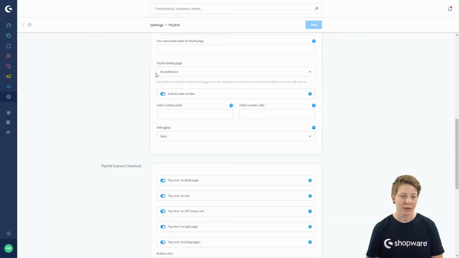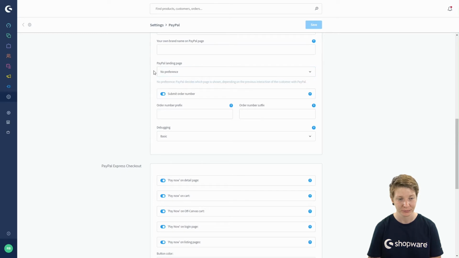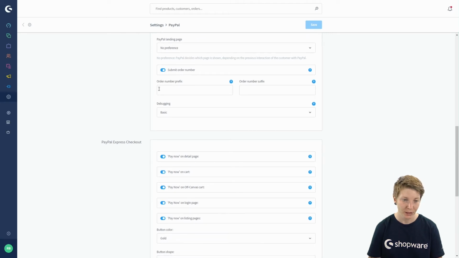Next, we got the PayPal landing page settings. Here you can set whether the PayPal landing page should display the registration form or the login screen. Activate this option if you want to send the order number to PayPal after completing. Then we got the order number prefix and suffix.